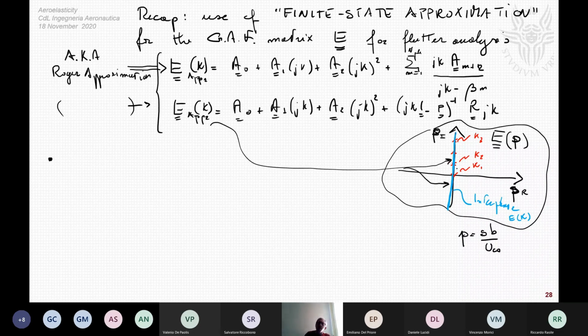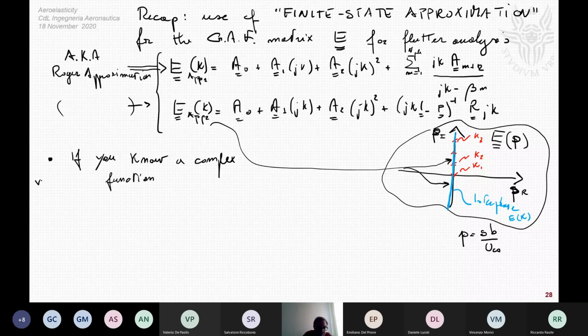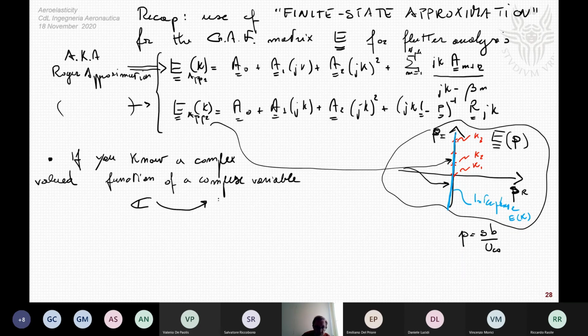Now there is an important theorem of the theory of complex numbers. If you know a complex valued function, in Italian "una funzione a valore complesso", so the codomain is complex and the domain is complex too. So if you know a function mapping C into C,